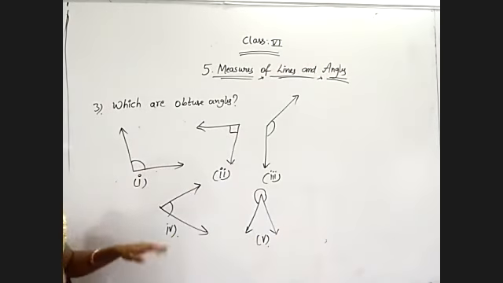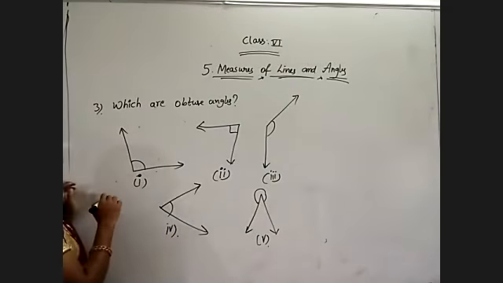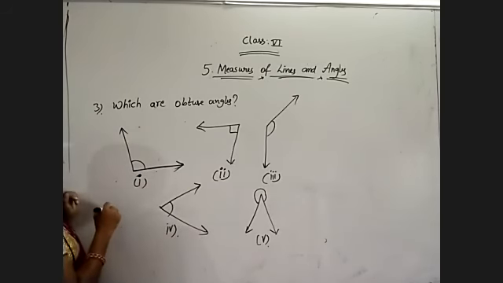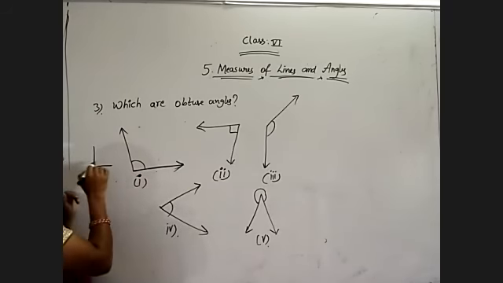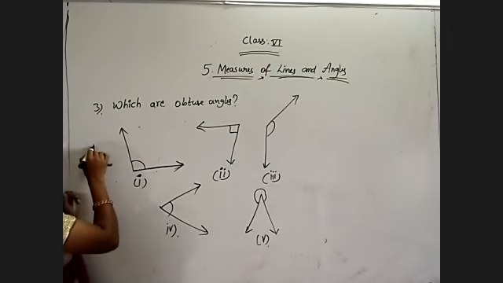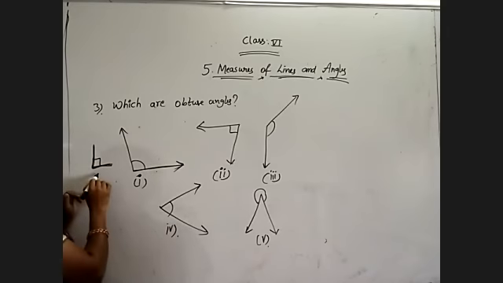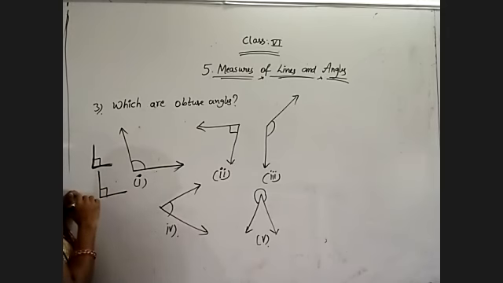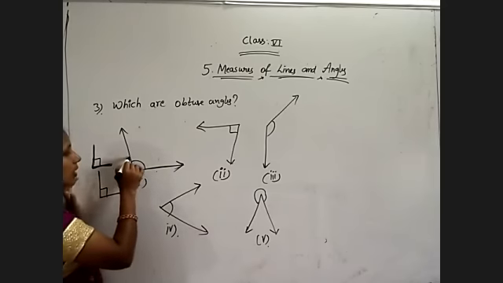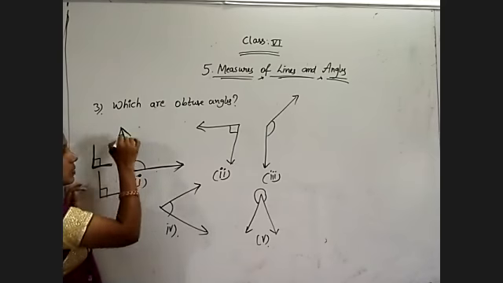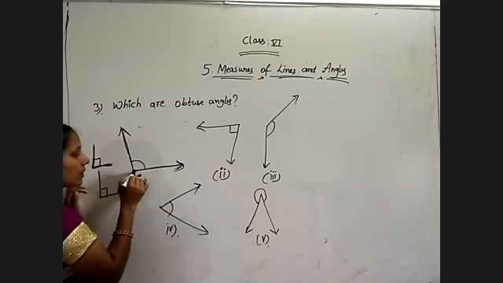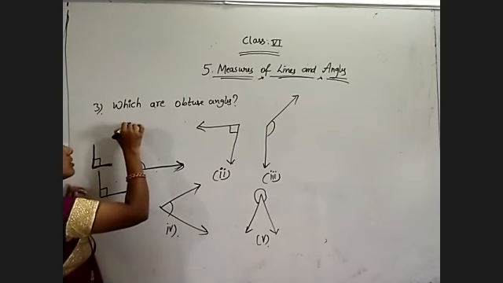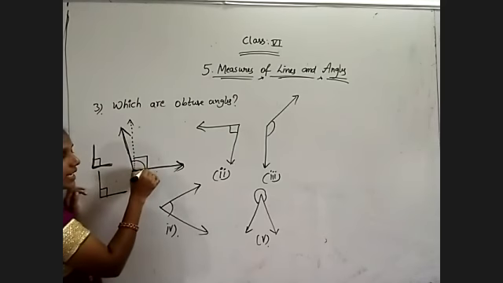Okay, observe the angles here. For the first angle, try to construct a perpendicular. Perpendicular means 90 degrees, which shows an L shape. Remember, this L shape measures 90 degrees compulsorily. Wherever you get an L shape, it shows 90 degrees between the two arms. Now, here my two arms are this one and this one. I am constructing an L shape just to draw the perpendicular for this. So observe, it is 90 degrees.